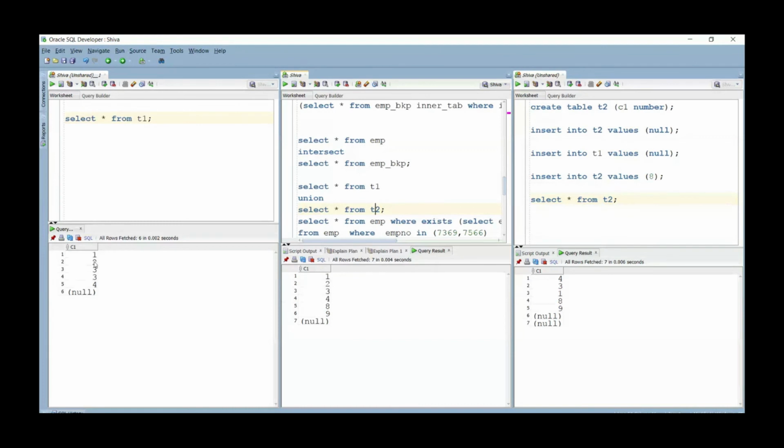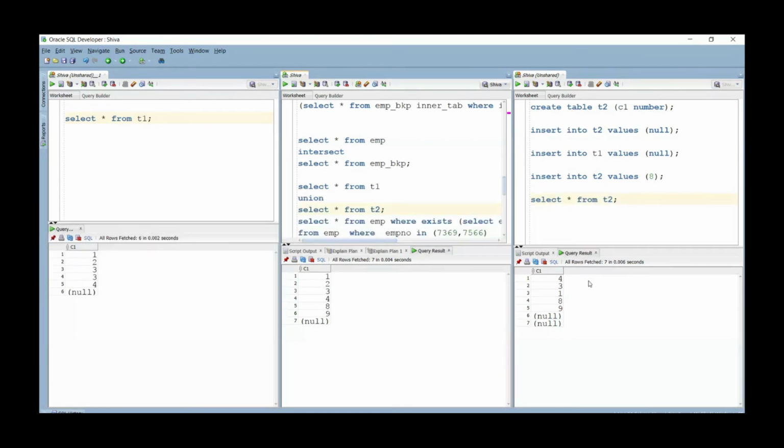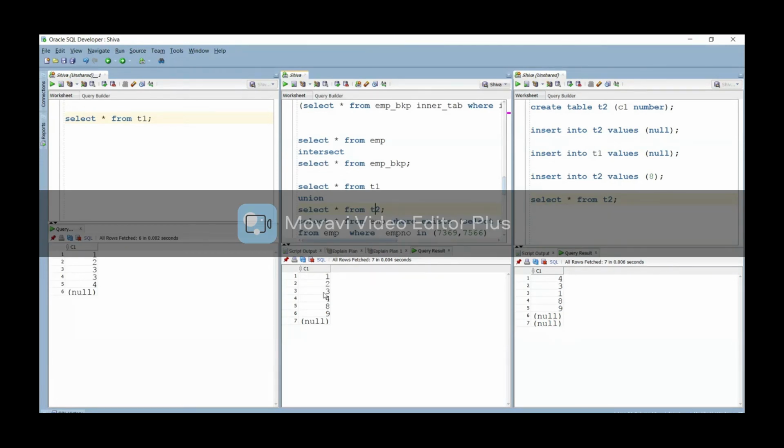So what does it check for the 1? It checks this 1 is present, but it displays only one time here. 2 is present only one time. It displays correctly. No issue in that. 3, we have 3 here 2 times, and again we have the 3 here. Sorry, not in this place. We have three 3s, but we are getting only 1 because union will remove the duplicate values and display only unique records. Okay, so you got it, or do you need me to explain more here?